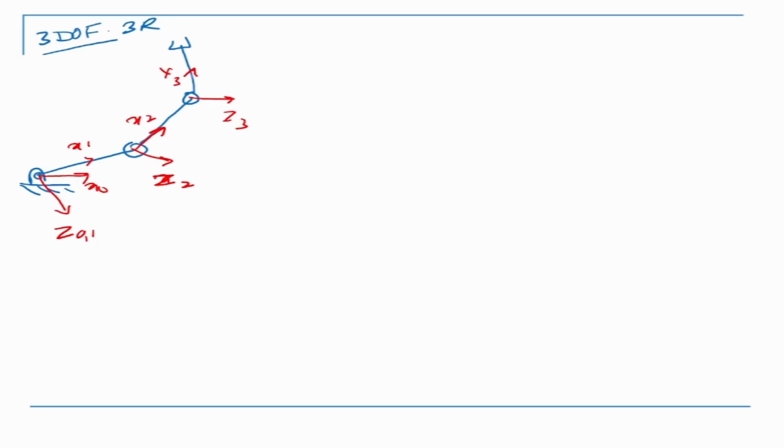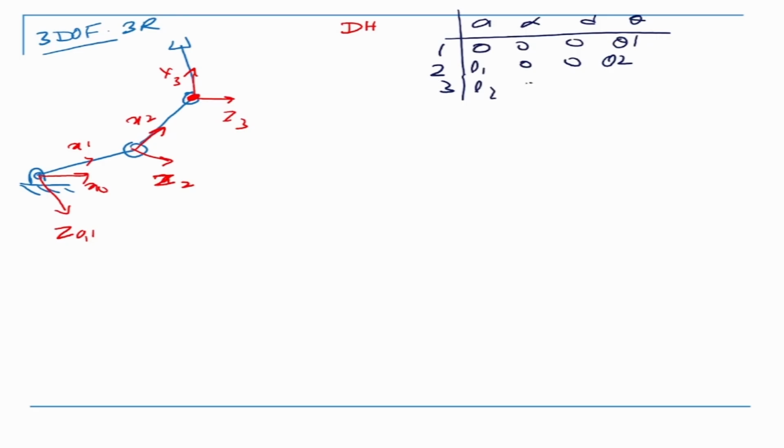This problem we have solved quite a few times before. Now, this is the position and orientation of the end effector, or the last frame. After this, we make the DH table, where we get a, alpha, d and theta. I have solved this problem even before, so please refer to the more detailed discussion. I'm doing it fast here. So this will be 0, 0, 0, theta 1. This is L1, 0, 0, theta 2. This is L2, 0, 0, theta 3. That's my DH table.